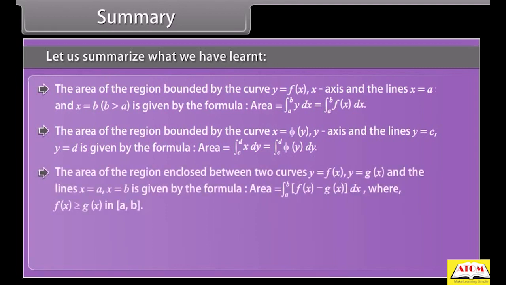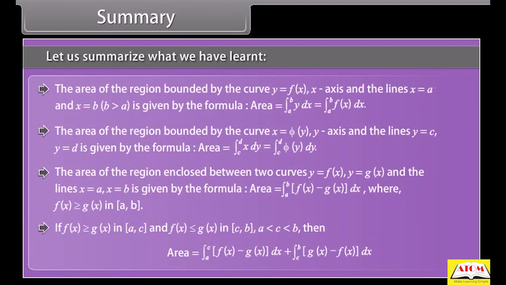The area of the region enclosed between two curves y equals f of x and y equals g of x, and the lines x equals a and x equals b, is given by the formula given below. If f of x is greater than or equal to g of x in [a, c], and f of x is less than or equal to g of x in [c, b], where a is less than c is less than b, then the area can be formulated as